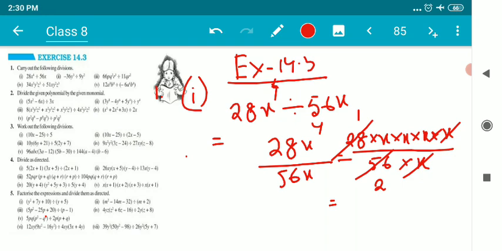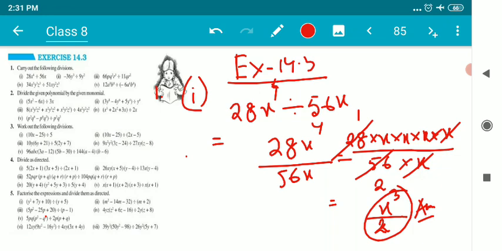In the numerator I have got x into x into x, which means x to the power 3. As we all know, when we expand into normal form, the exponent comes in the form of multiplication. So here x is thrice. This is why I'm writing x to the power 3 divided by 2. So x to the power 3 by 2 is the answer, right?